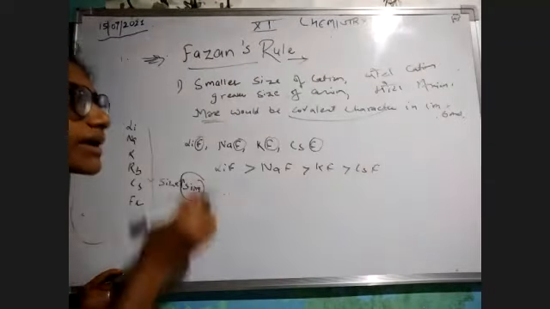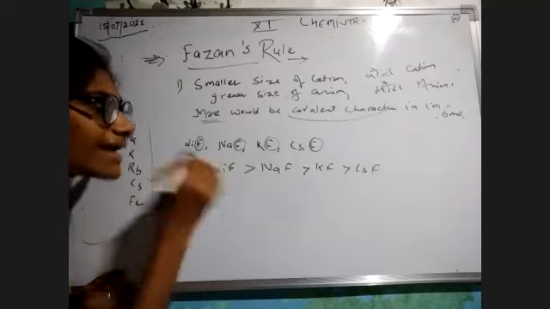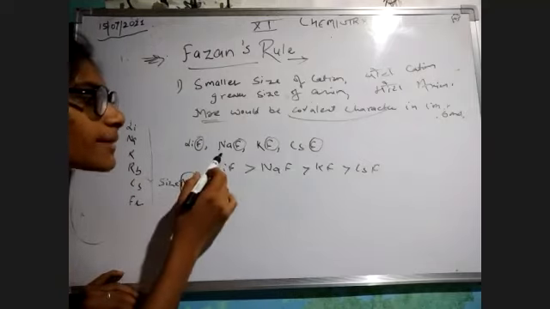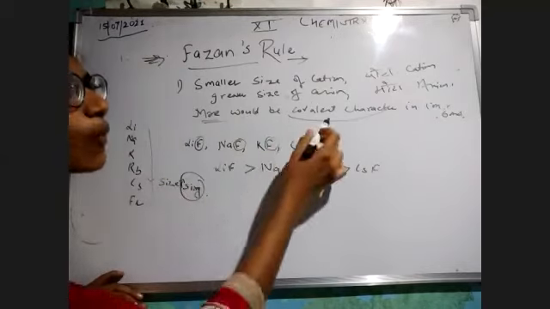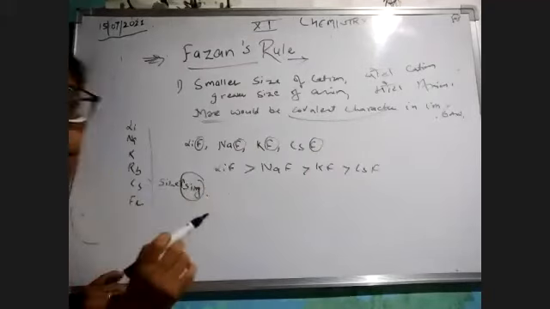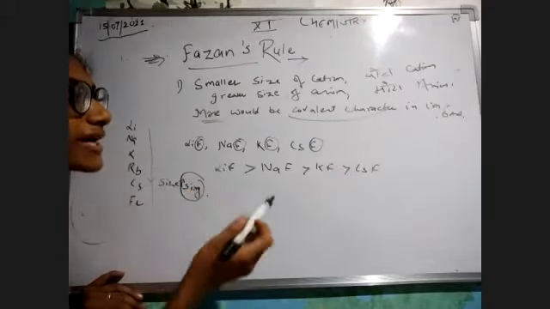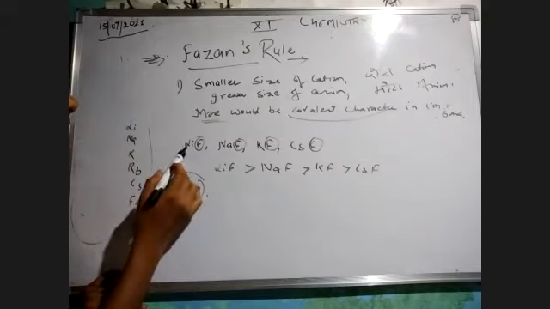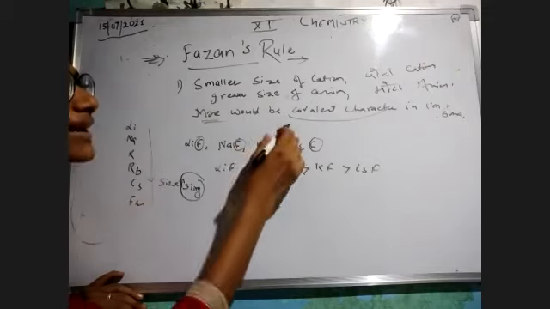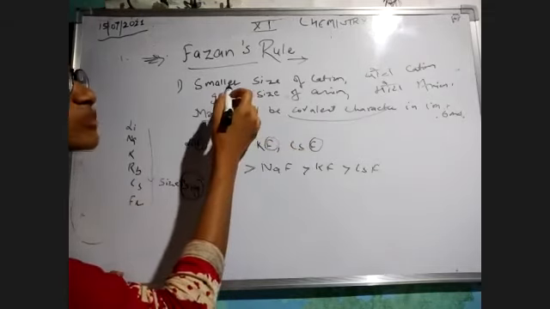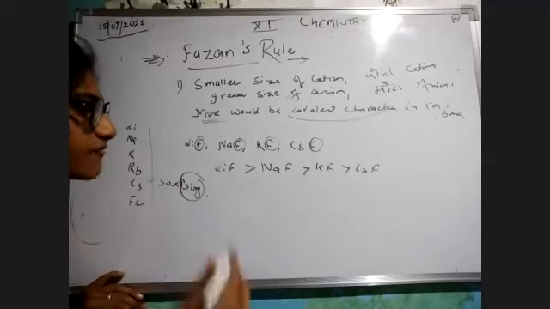Listen again. If I have a very simple example in which the anion is the same, only on the basis of the positively charged atom, we would consider the covalent character in the ionic bond. If we're talking about lithium, sodium, potassium, cesium, lithium has the smallest size, but its covalent character will be more, because smaller size means more covalent character. So this is my first example.